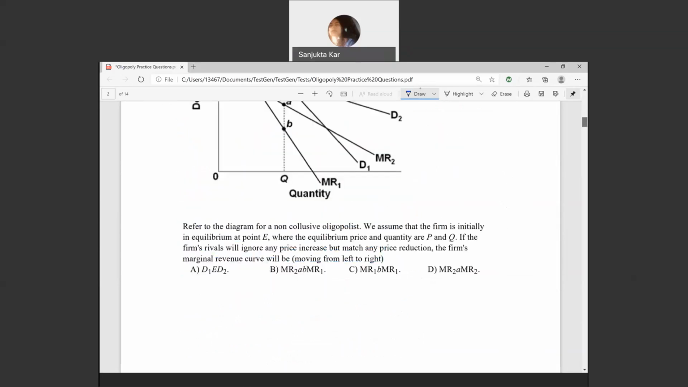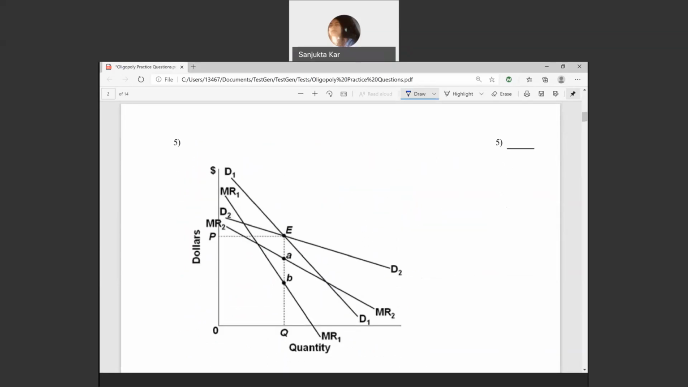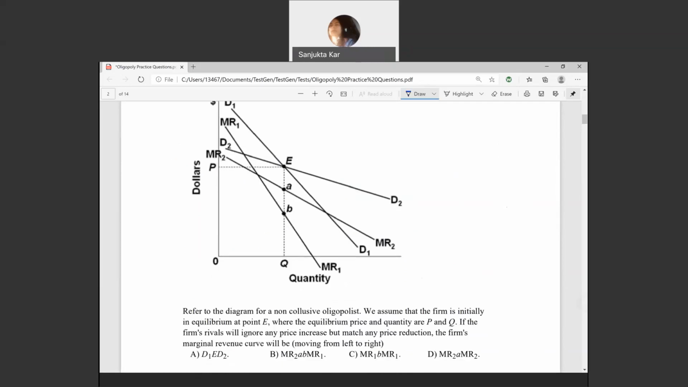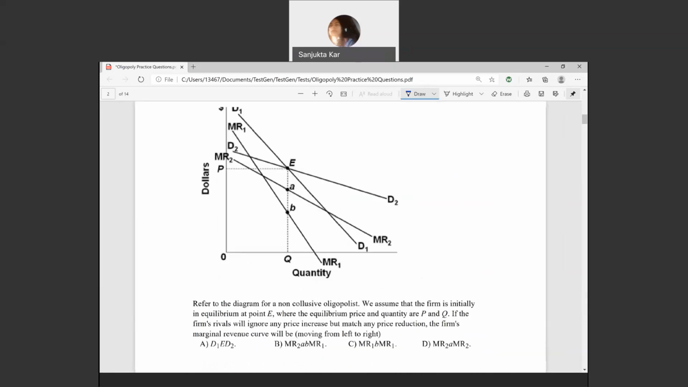Now, I'm going to take a look at the next question, which is question number 5. And this one is asking us to find the marginal revenue curve. I have two demand curves, two marginal revenue curves here. So what is going to be the marginal revenue curve? Remember, we have a broken marginal revenue curve, and this is going to be MR2